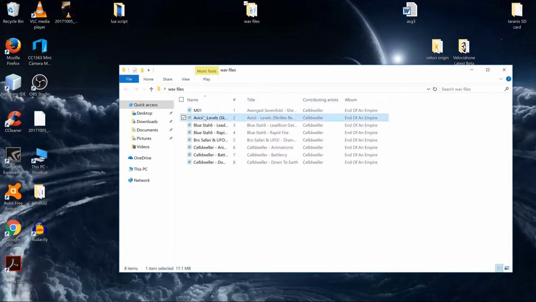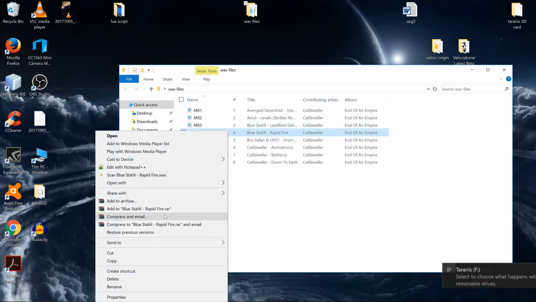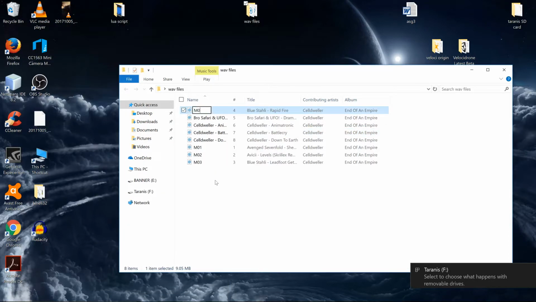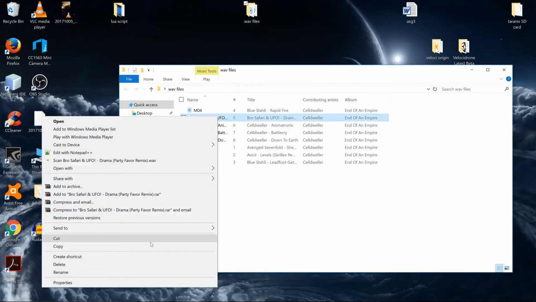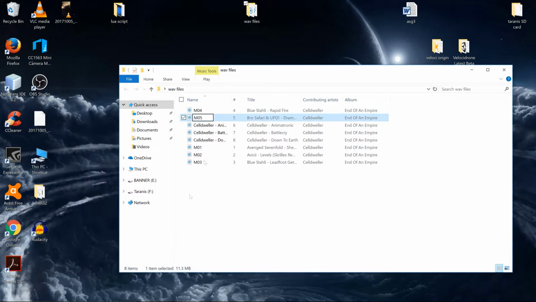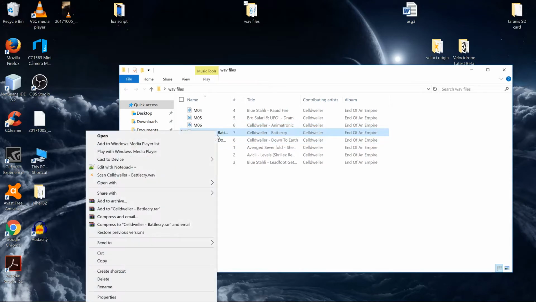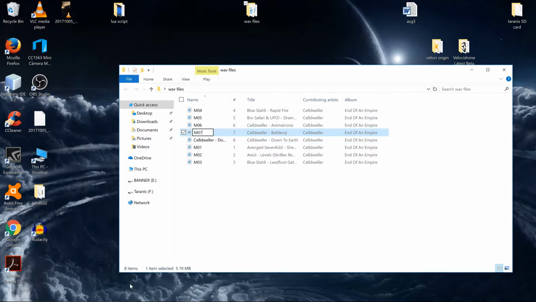So M01, the next one will be M02, following one will be M03, next one will be M04, M05, make sure the M is capitalized, M06, M07, M08. So you do this, and the highest M number, let's say you had up to like 12, you have